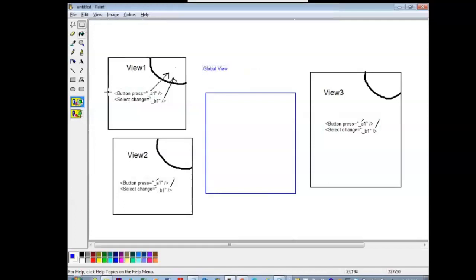I will remove all this from the other views and place them in the global view.